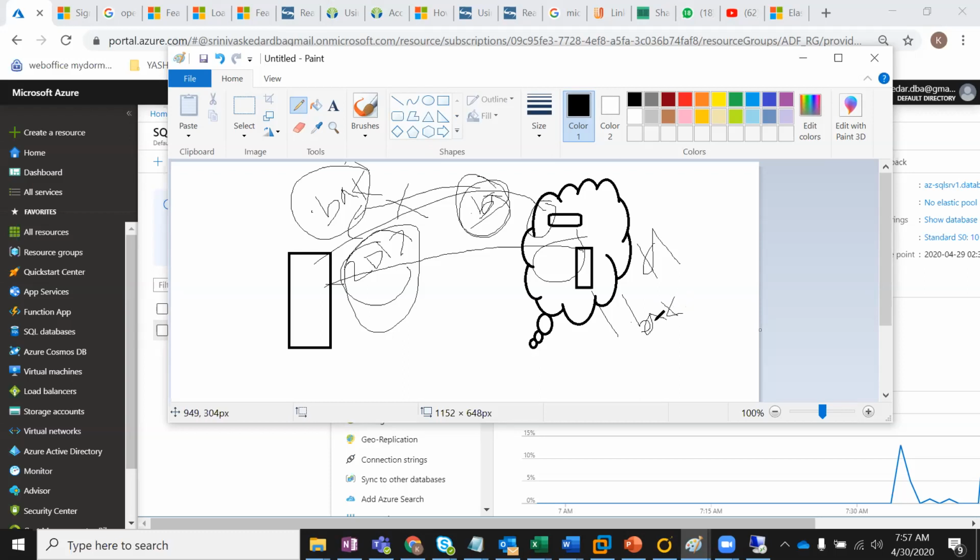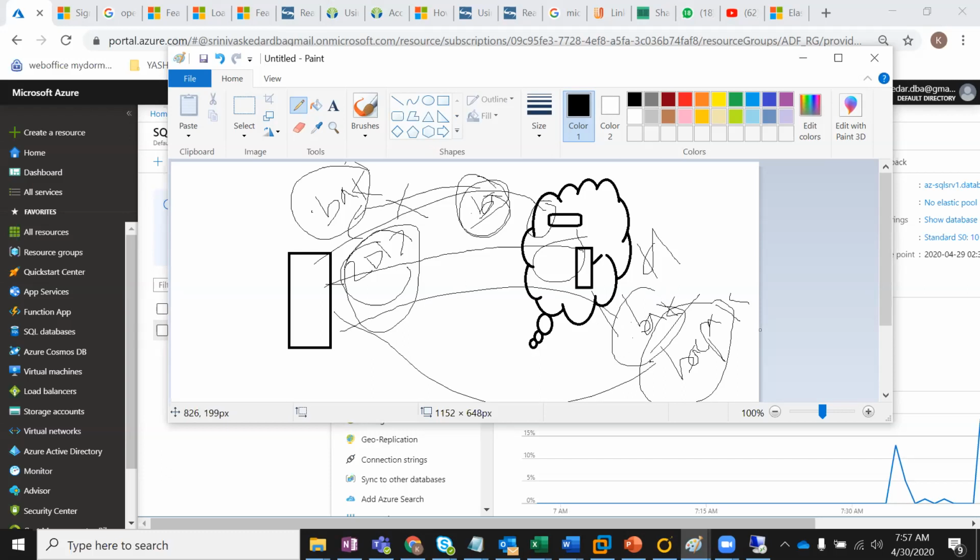Since it is in IaaS, both options are there. I think the backpack can be restored, whereas that .bak we cannot restore. Why? Because this is the higher version and this is the lower version, so that compatibility issue will come.